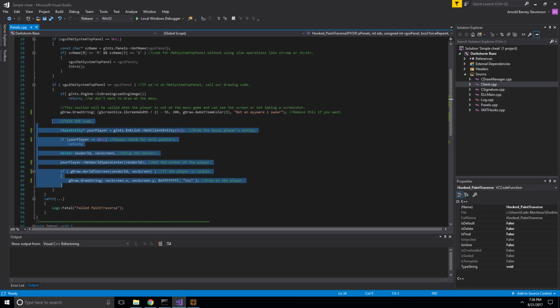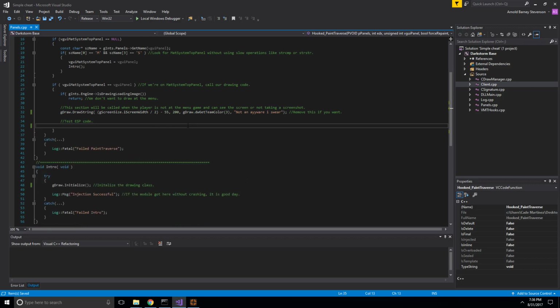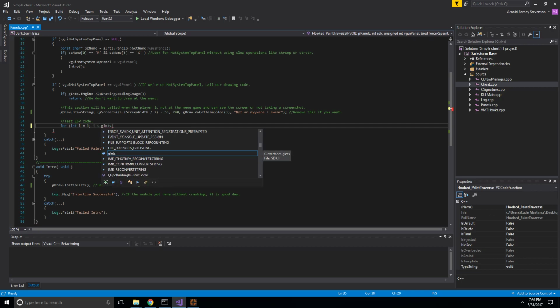So we're just going to want to delete all this code, because we don't need this. We don't want to draw ESP for ourselves. That is completely useless. So like I mentioned before, since C-based entity, there's a whole array of them for every entity in the game, we could just create a for loop to access every single entity. So if i equals 1, because we don't need to start at 0, then if i is less than gint, this is your interfaces class,